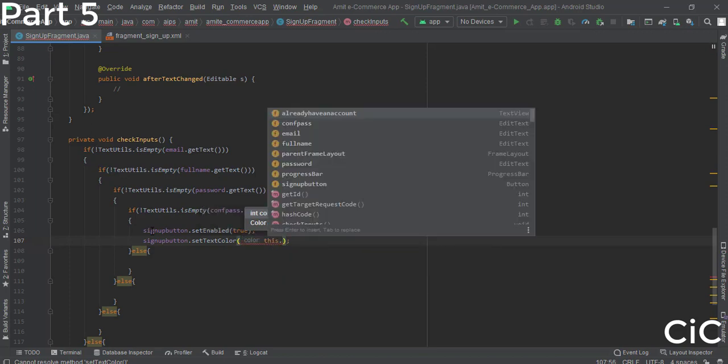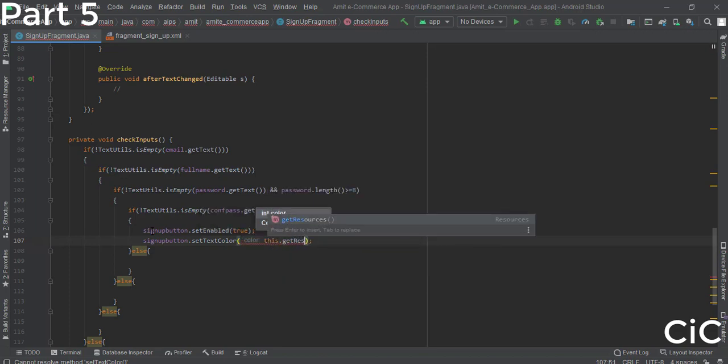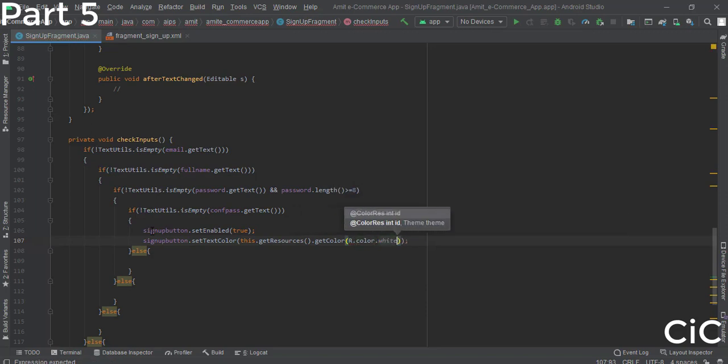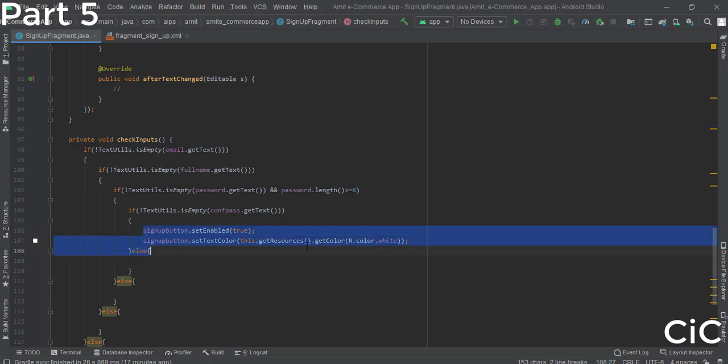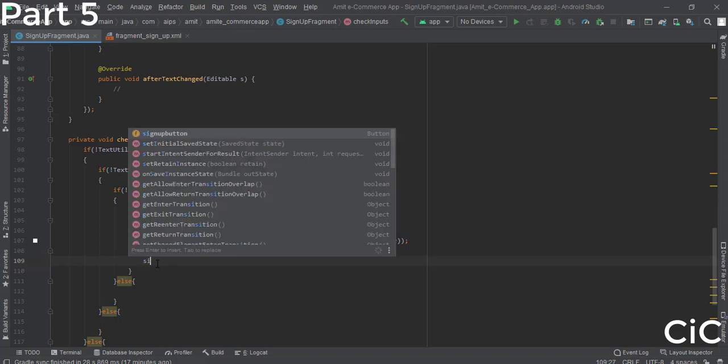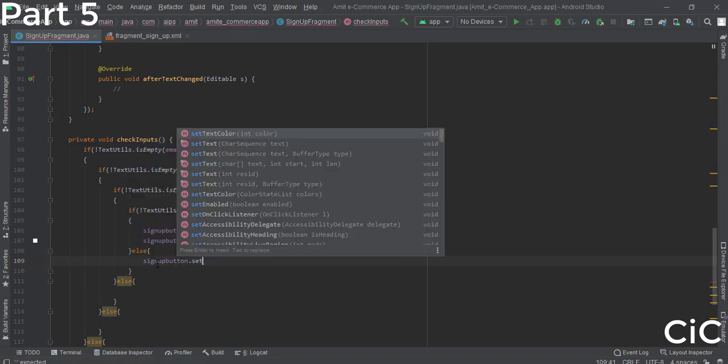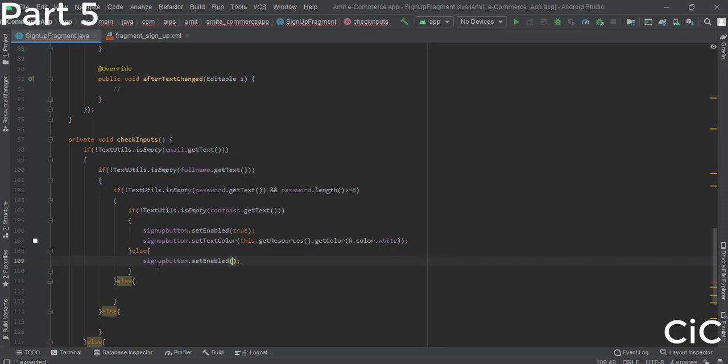So this will be this.getResources.getColor, and here we can pass the color white, because we want the text to display as white. So if all these conditions are satisfied, then the button will be enabled, and if the conditions aren't satisfied, then in the else condition we will keep the button disabled.